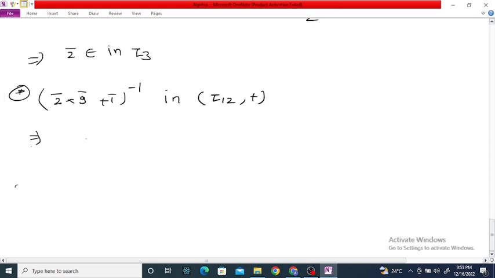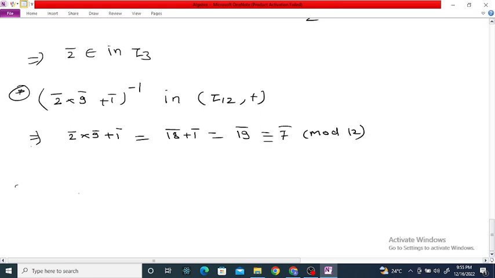Here 2 bar into 9 bar plus 1 bar is equal to 18 bar plus 1 bar, which is 19 bar, and 19 bar is congruent to 7 bar modulo